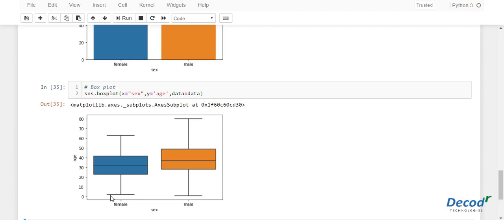So that means 25% of female passengers are between the ages of 5 and 25, another 25% of female passengers are between 23 and 32, the next 25% are between 34 and 44, and from around 43 to 65 the other 25% of female passengers are present.